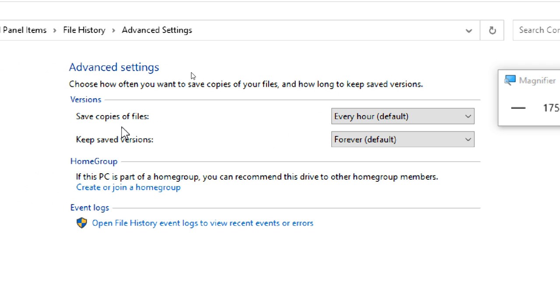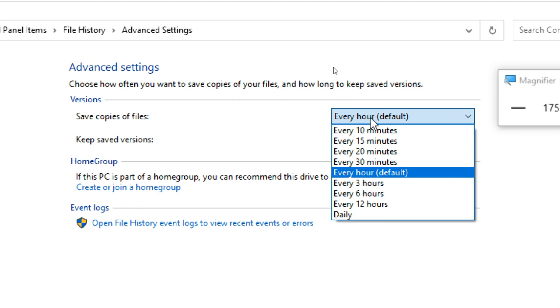By default, every hour it takes a backup of your profile data, and it will save forever by default. You can change it, like every 10 minutes if you are generating a lot of data. Every 10 minutes, 15 minutes, 20 minutes, 30 minutes, 1 hour, 3 hours, 6 hours, 12 hours, daily, 24 hours.